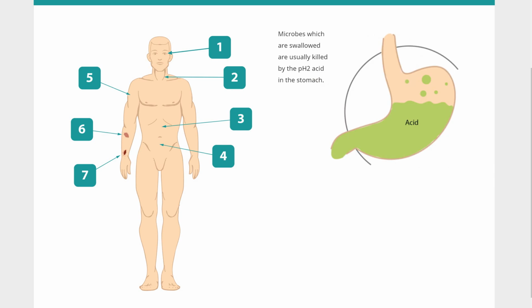Number 3, microbes which are swallowed are usually killed by the acid in the stomach, which is hydrochloric acid, and it's around about pH 2. Pause the video, fill that one in. And number 4,